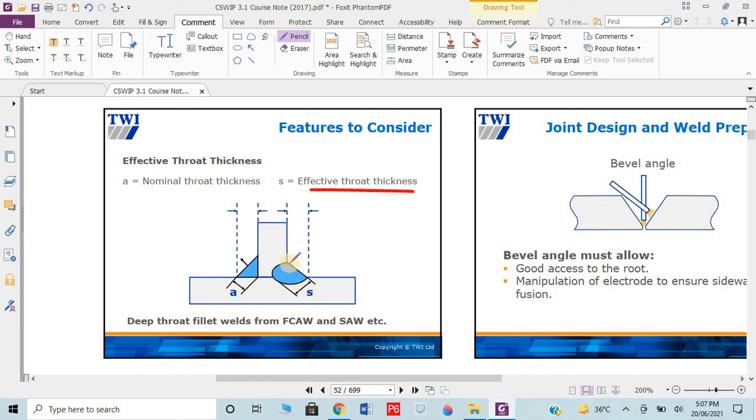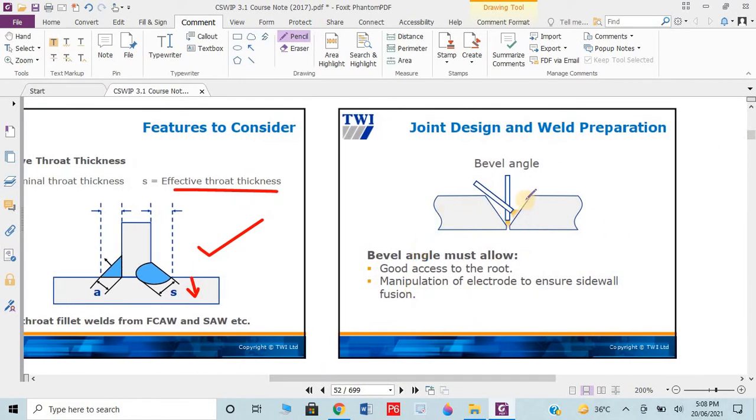Why is it more effective? This is your question. You need to understand why this throat thickness is more effective, then mention it in the comment box. I will see your comments and respond to you finally. This is very basic and conceptual. I give you a clue or hint: from the base, this is the welding, but this is under the base. Think about that a little bit, and mention it in the comments. I will wait for your response in the comments.